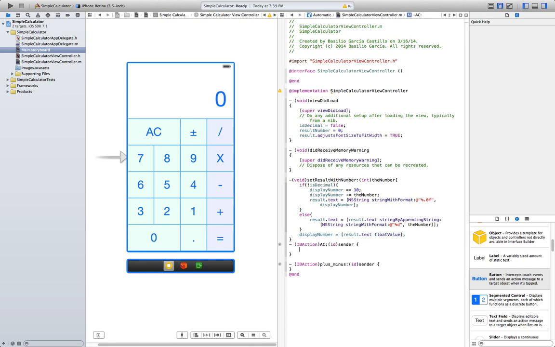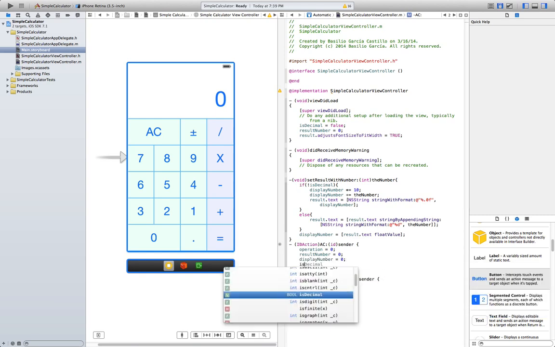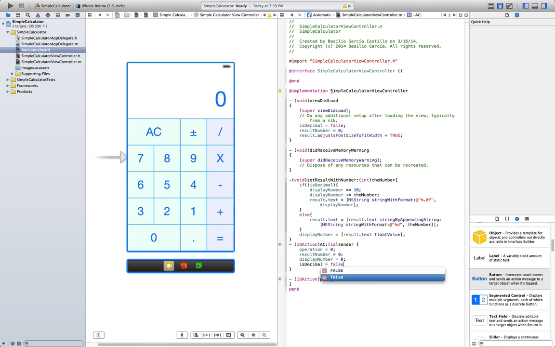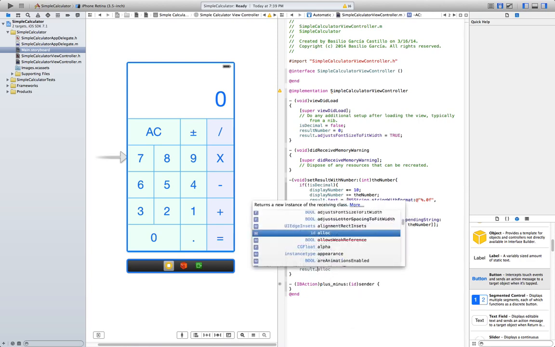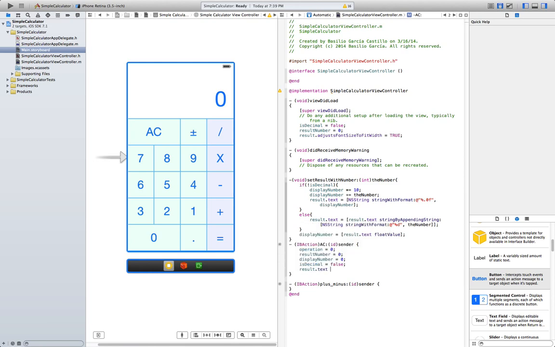Alright, now let's go ahead and implement the all clear. It's gonna be very simple. Operation is gonna be 0. Result number is gonna be 0. Display number is 0. And this decimal is false. Now we also want to just display 0.